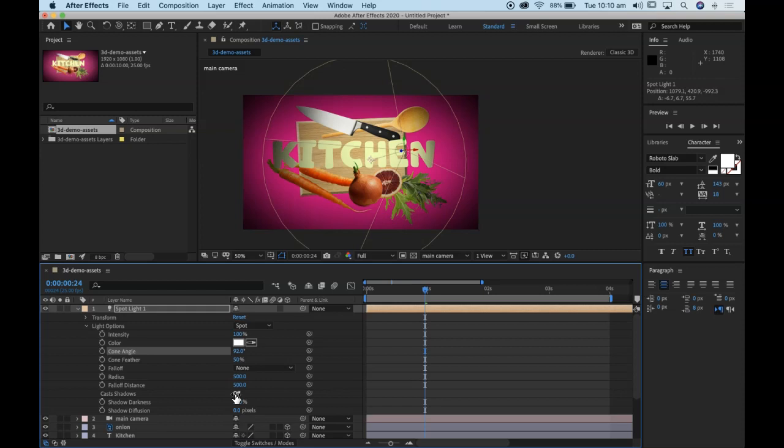And I suppose I should make the point that working in 3D at any kind of level does increase render times and processing power. So as soon as you add anything 3D into your workspace, you're going to see your rendering times go up and your wait times go up. So just keep that in mind. So I'm going to turn cast shadows on for my light, and that's not going to do anything straight away,